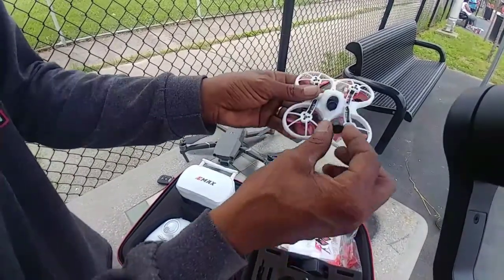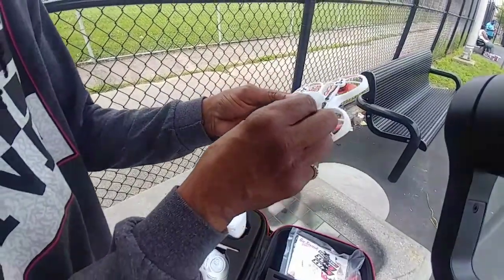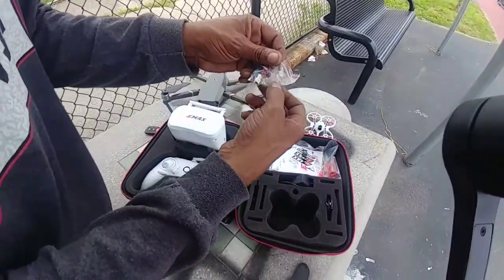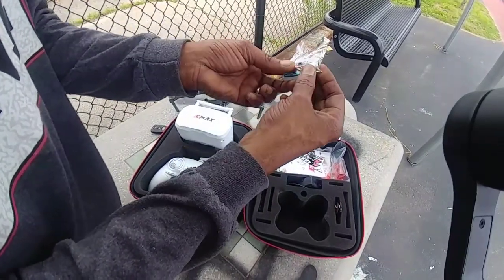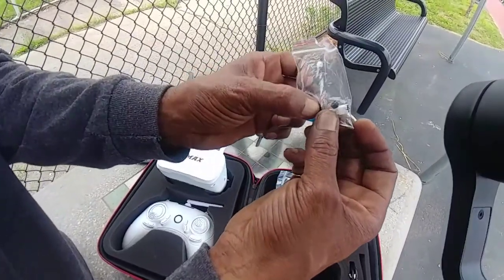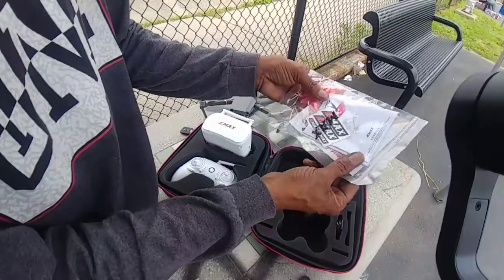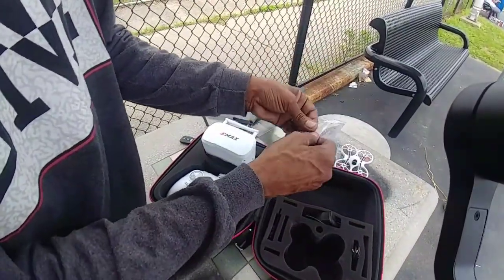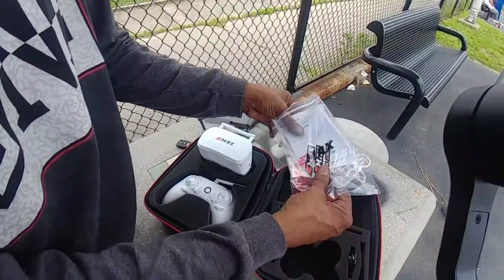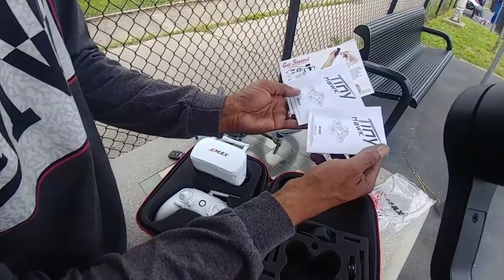Okay, little cover for the camera. We have a screwdriver, another battery lead, and some screws and little rubber grommets. Spare blades. Let's open this up. Stickers. I'm not going to take out the blades or the stickers. I just want to see two different